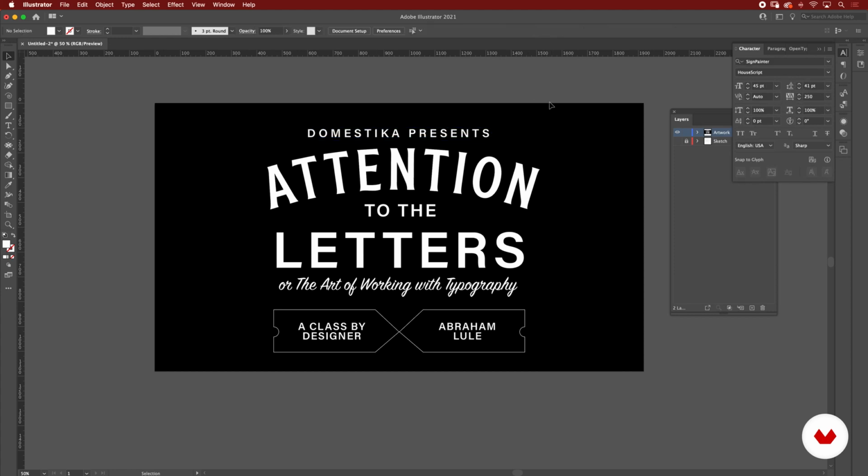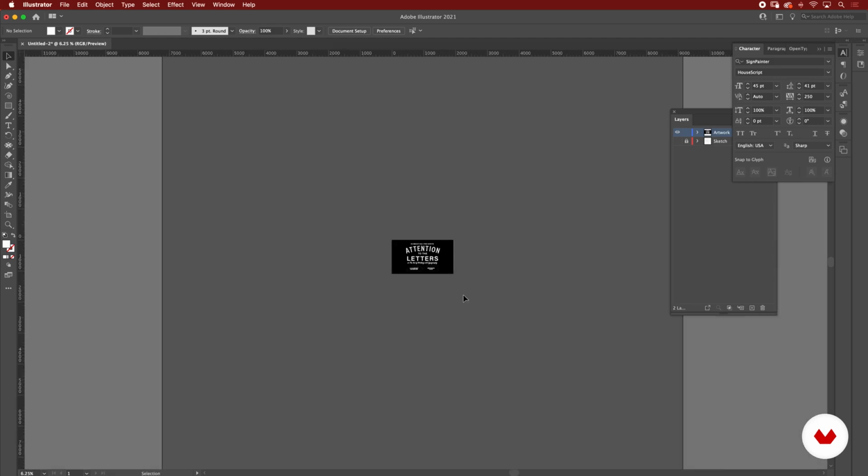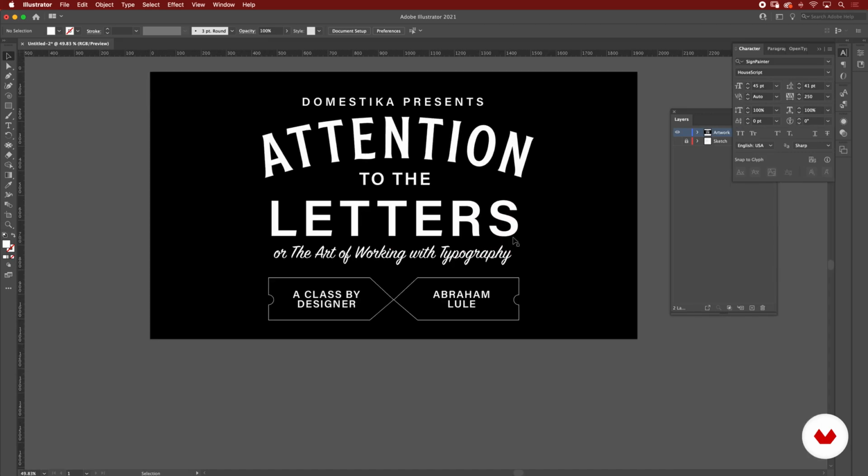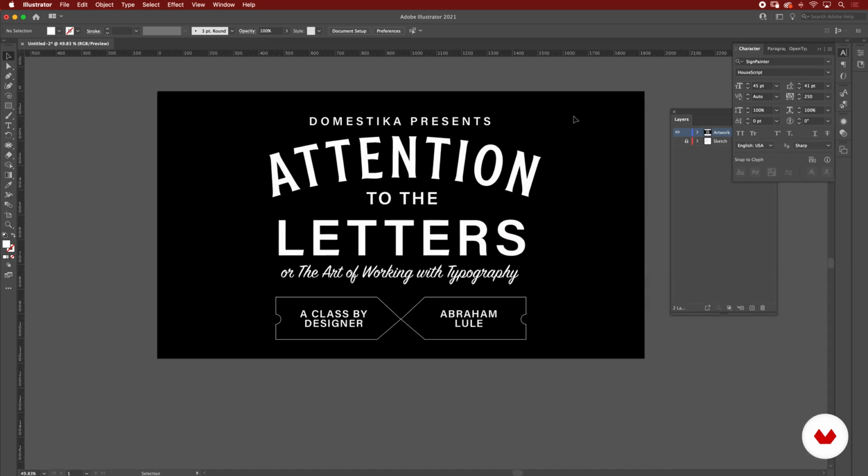Domestika Presents attention to the letters, or the art of working with typography in a bit more humanistic way. A class by designer Abraham Lully. This is pretty simple. I think it reads correctly, and from afar, I think we're going to have a lot of contrast there. This is working as a composition, and in the negative space, I think we have good opportunities, especially on this side.